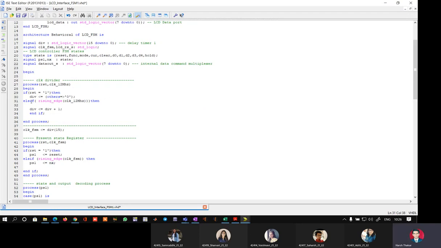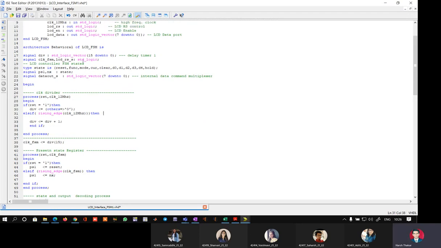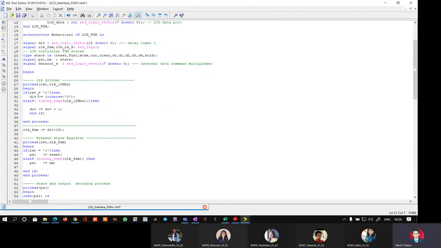Right? So I have defined that if reset comes as 1, initialize this 16-bit vector to 16 zeros. Else if means if reset comes as 0, then wait for the rising edge of the 12 megahertz clock. So rising underscore edge bracket CLK underscore 12 megahertz parenthesis, then if reset does not come, and as soon as the rising edge of 12 megahertz clock comes, then increment the 16-bit vector by 1. So basically the process number 1 implements a 16-bit up counter. I repeat that process number 1, it implements a 16-bit up counter.